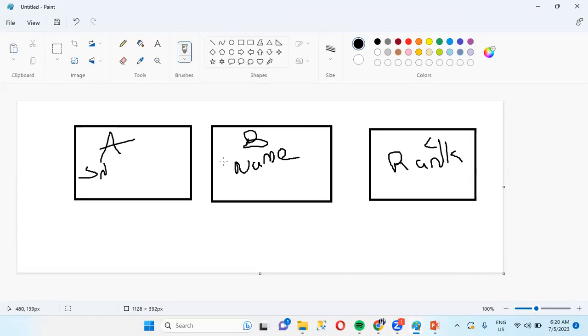So all these data files have similar data, but the data is unorganized. Employee A started with serial number, name and then rank, employee B started with name, rank and the serial number, and employee C started with rank, name and the serial number. So the data is the same, but it is not organized. This is an unorganized format of text files. Due to this, data can't be stored in an organized format, which will not be an exact format that